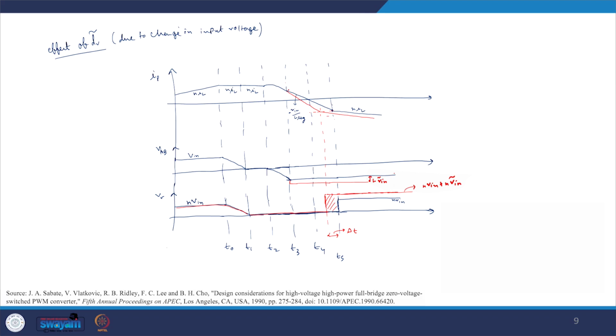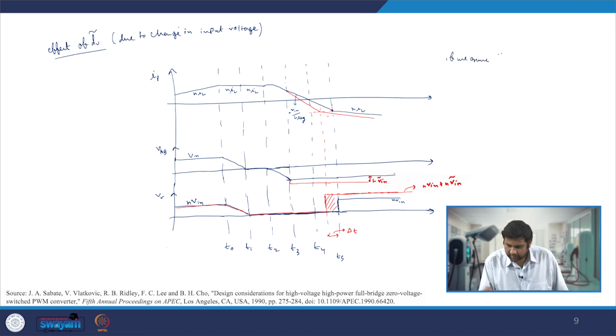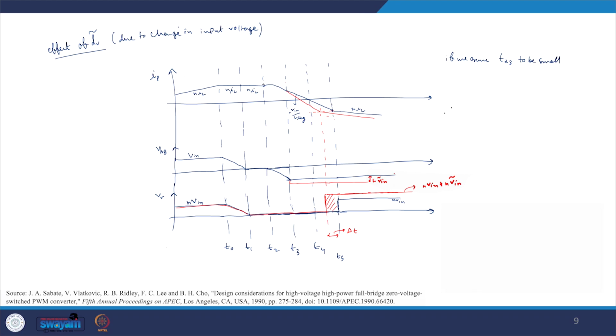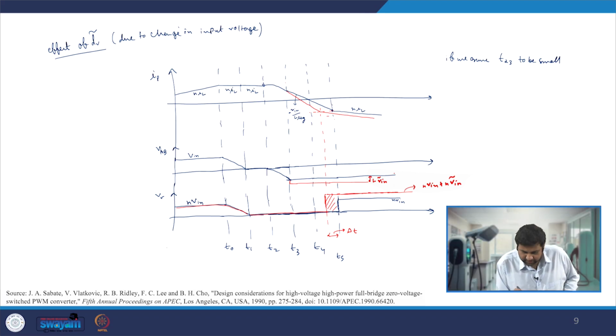If you recall, from this point to this point, we have seen that if we assume T23 to be very, very small, then we can just write. Now if we assume T23 to be very small, then this point and this point are very near to each other. So if this point is NIL, the same NIL will also be coming over here as well. So if this is small, we can say that our delta T